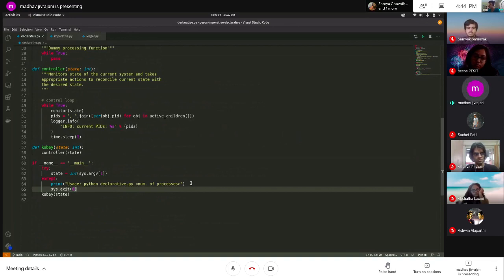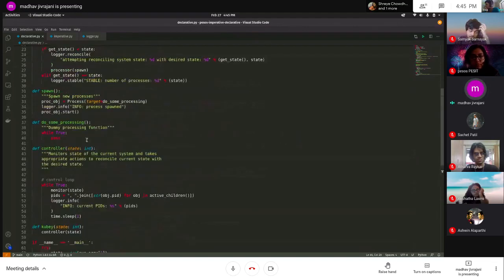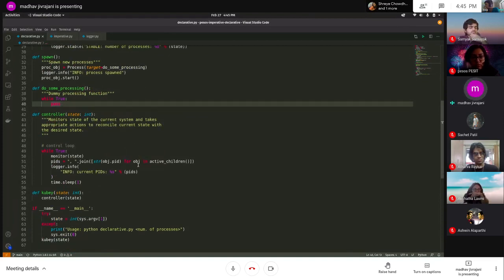That's our goal: to say, go ahead, I want 3 processes running, doing something, which for now is just a dummy infinite while loop. You can put whatever you want in there. So our goal is to make sure that our program always has this many processes running that function. Does that make sense so far?